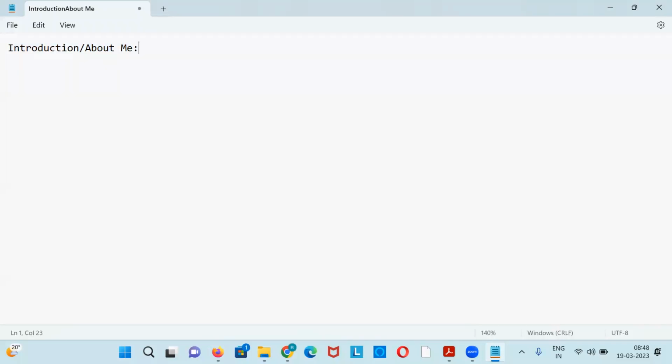So very first thing, this particular demo starts with my introduction, and the second thing is what we are going to discuss as part of the course content. And the third one is why you should learn DevOps. I will just give you a brief, and what kind of benefits you will get from this particular institute, because we have a lot of them and online everything is there. So what is the benefit once you have opted for this and are learning from here. Okay, so very first thing is introduction.